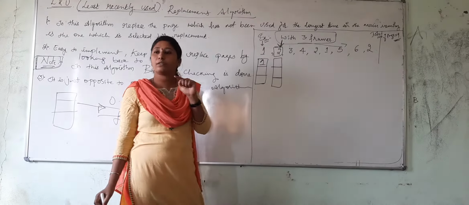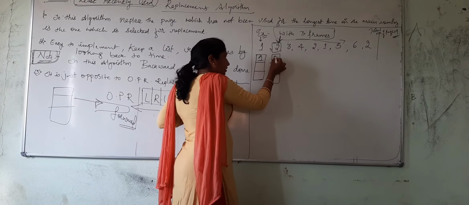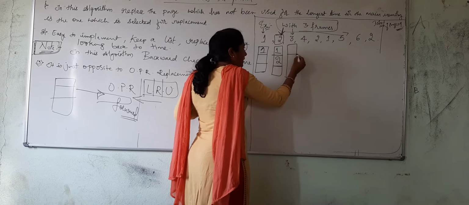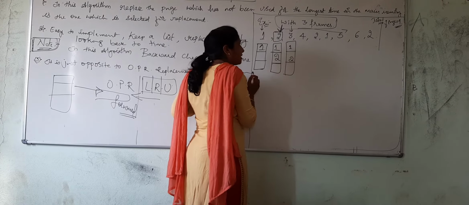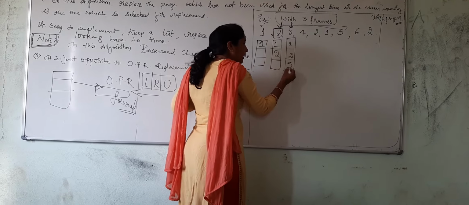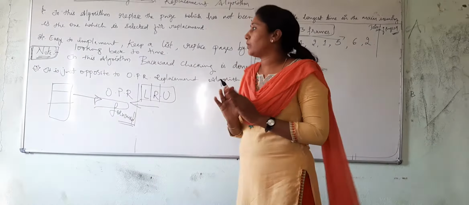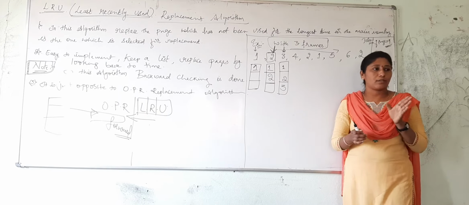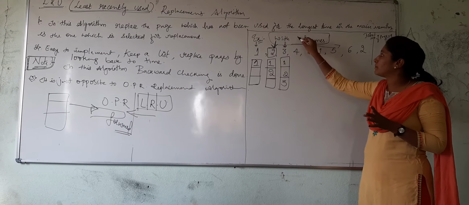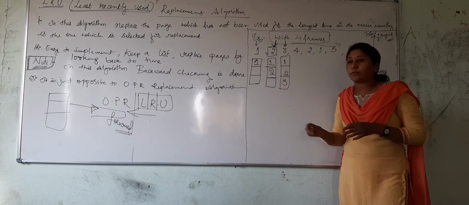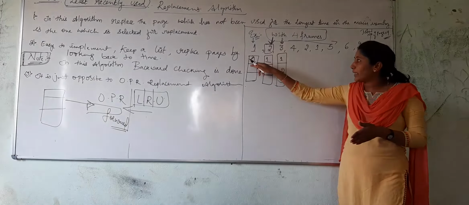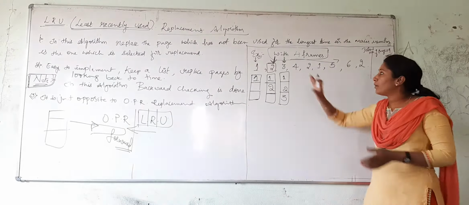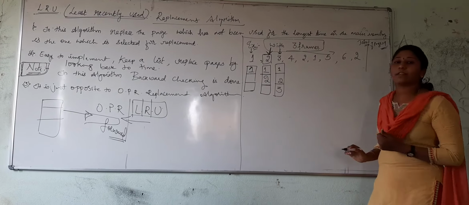Therefore, we are going to allocate the second page. The first is kept as it is. Again, third frame: similarly, 1 is kept as it is, 2 is kept as it is. This is the third page, therefore we allocate the third page. This is simple, I told you. The first 3 page references will be allocated very easily without any issues. If it were 4 frames, the main memory would be divided into 4 sections and each page allocated into a single frame. Got it? Now we are dealing with 3 frames, therefore this is the case.